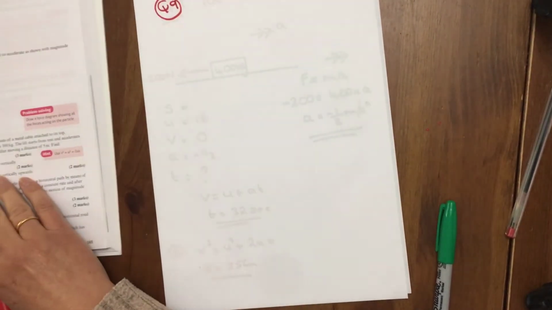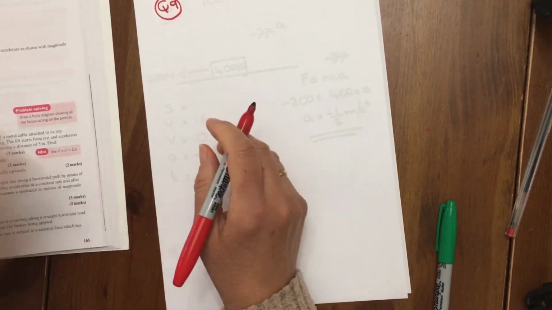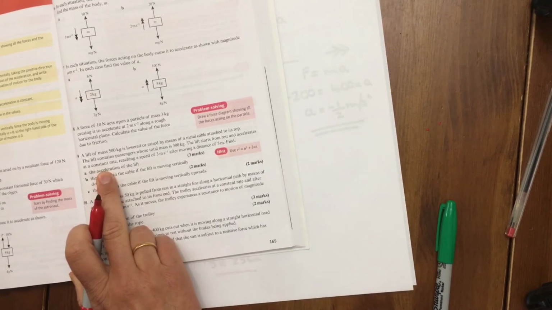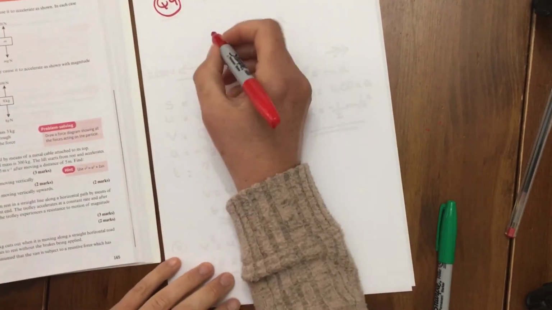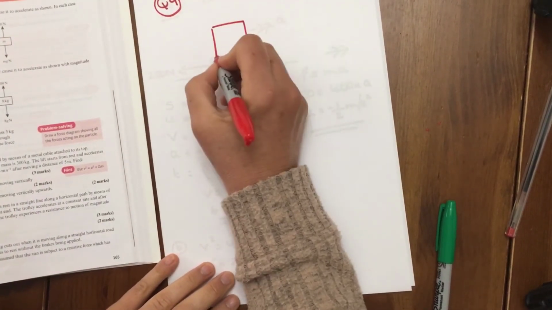So what does 9 say? 9's about a lift. Okay, so if you get question 9 on page 165, have a quick read of that, pause the video while you're reading it. Right, you've got a lift of mass 500